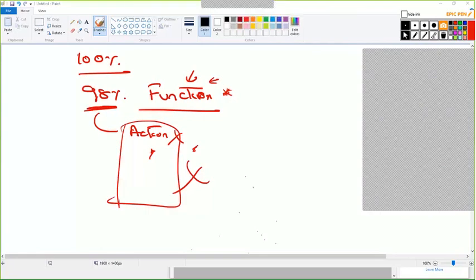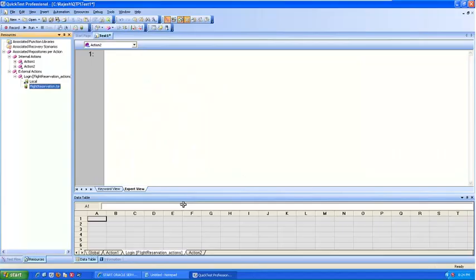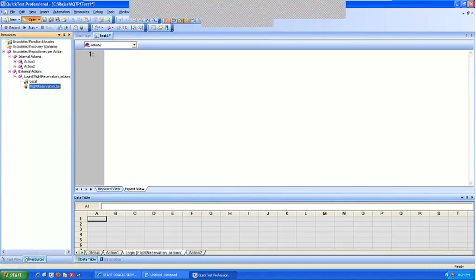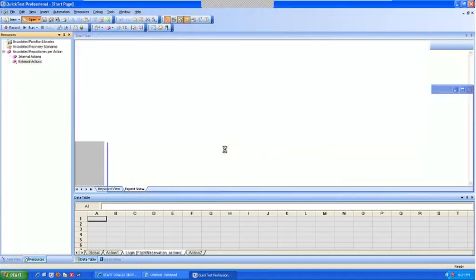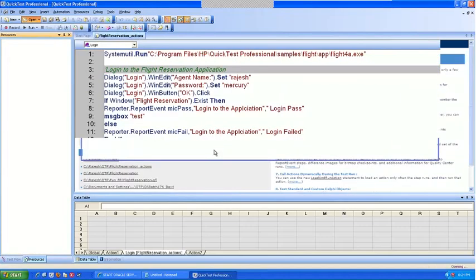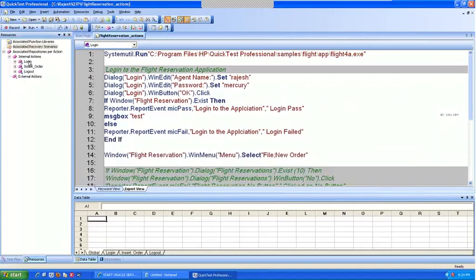Now, if you look at your actions, let me clean this up and go back to the original script. Have you noticed that when I click run, login runs once, insert order runs once, logout runs once?